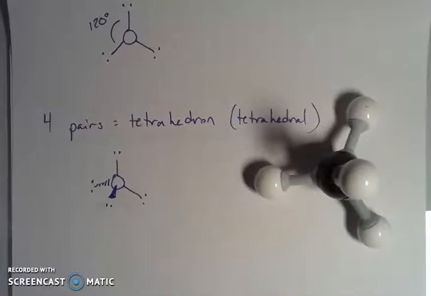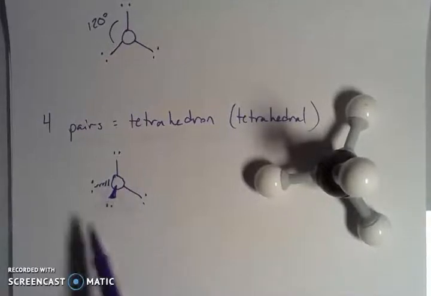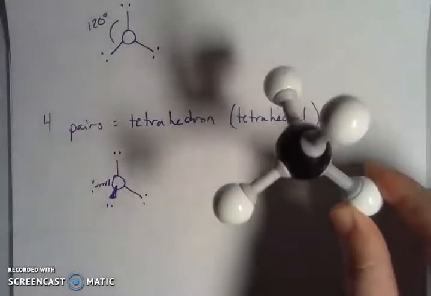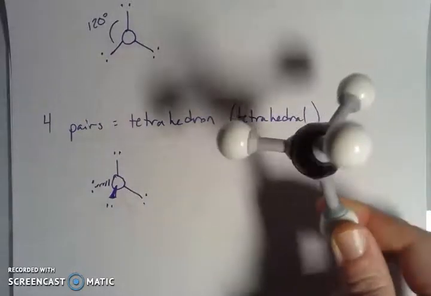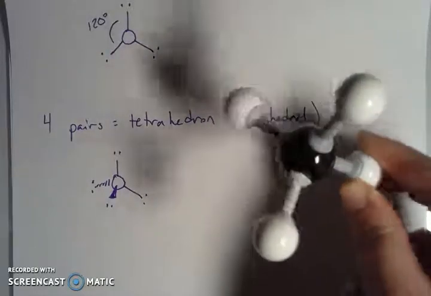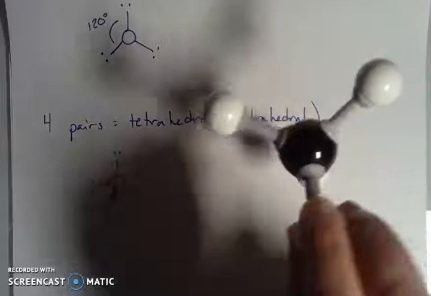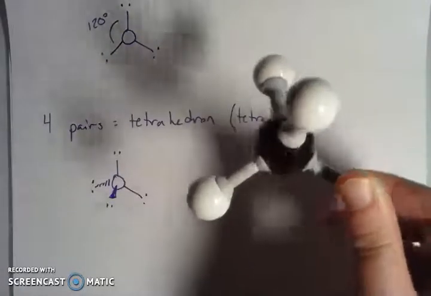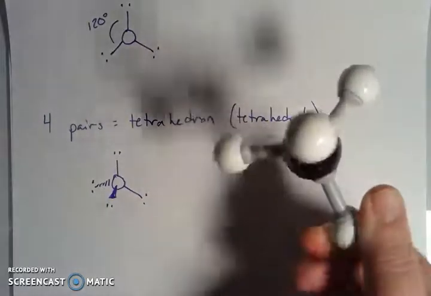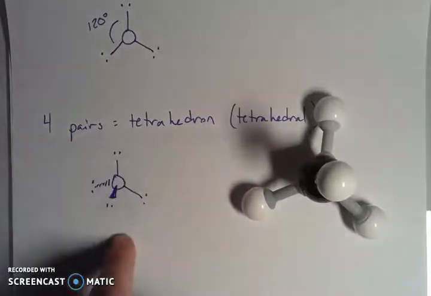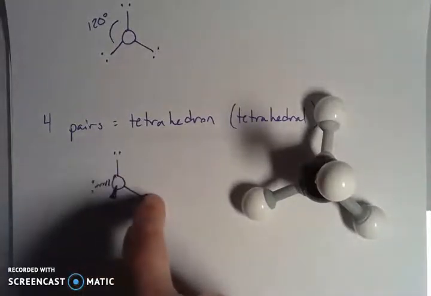Now, I want to talk a little bit about the conventions that we use on a 2-dimensional surface and relate that to the 3-dimensional object. So we have 4 things around a central atom. I'm going to rotate that around so you can see visually that each of these things are as spread out as possible. So we have all these equivalent internal angles between the electron pairs. And when I'm representing this on a 2-dimensional surface, I have these lines here